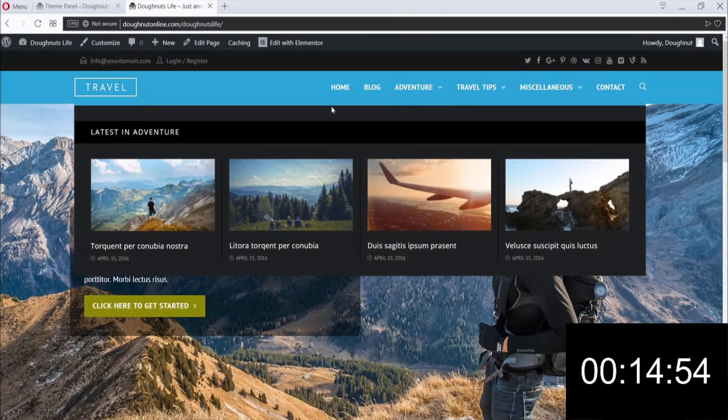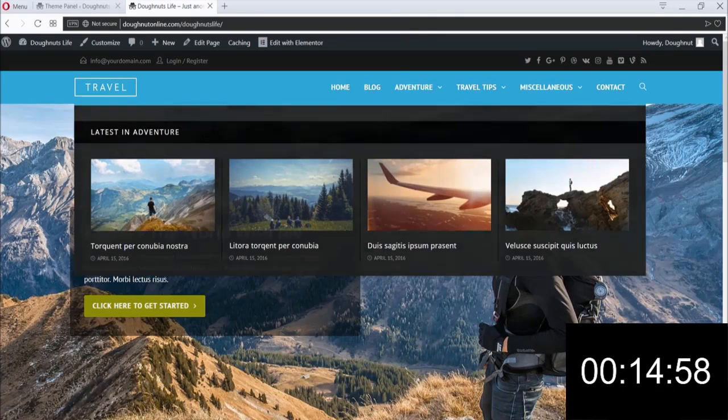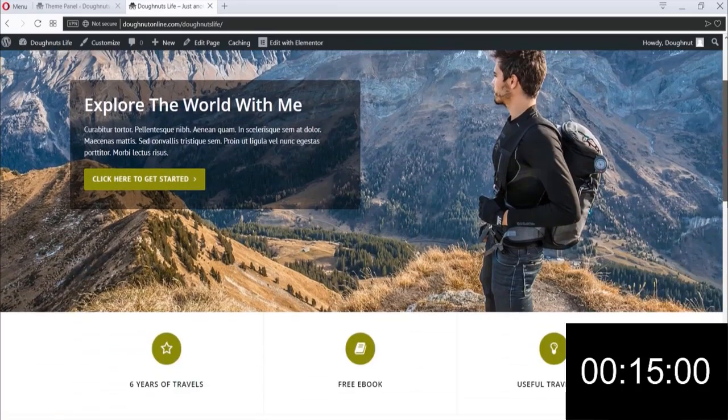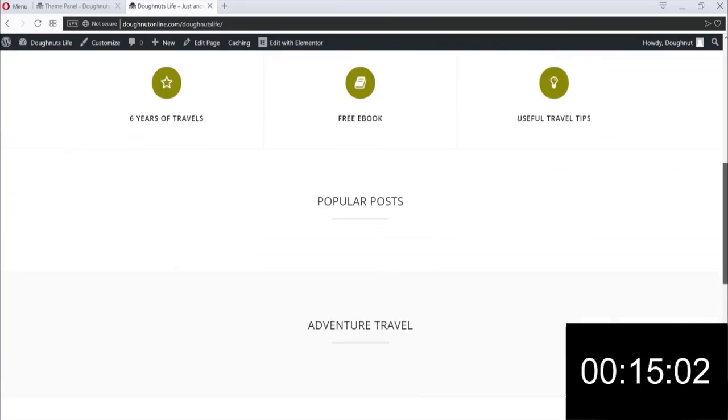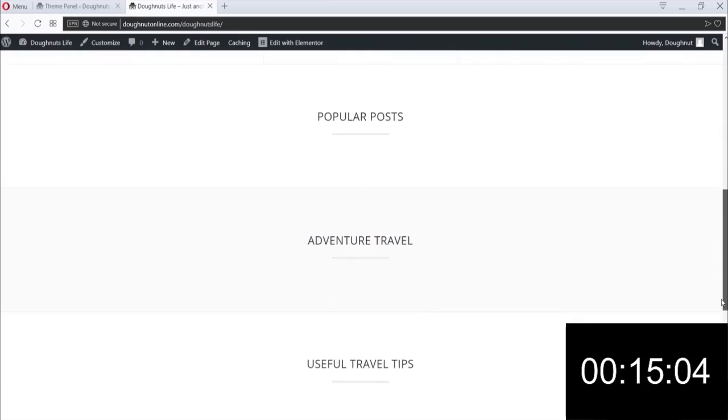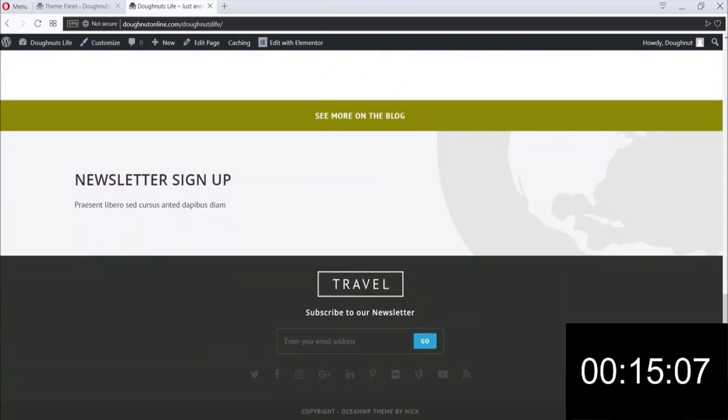Awesome. So you can see that green bar that was there before, that accentuation bar, is now gone. It's now the same blue that we have with our top header bar. You'll see there's some icons and some buttons that are still in that green, and also hovering over these social icons is also green. Now, to edit the rest of this stuff, we're actually going to do it with our front-end editor, Elementor. So if you hover up to the top and click Edit with Elementor,